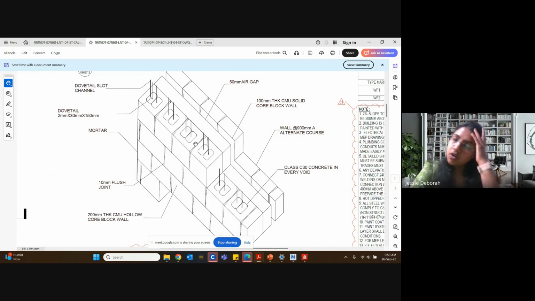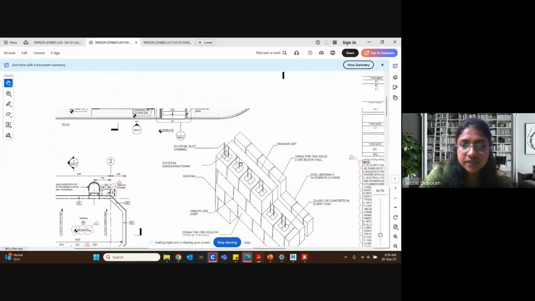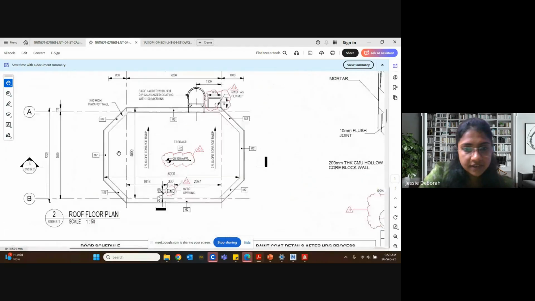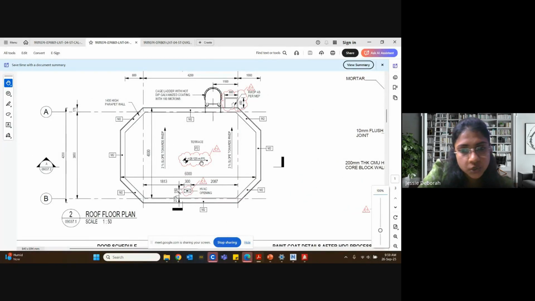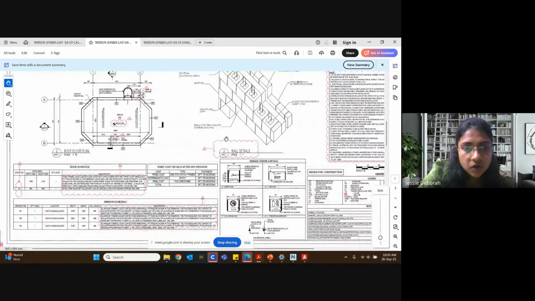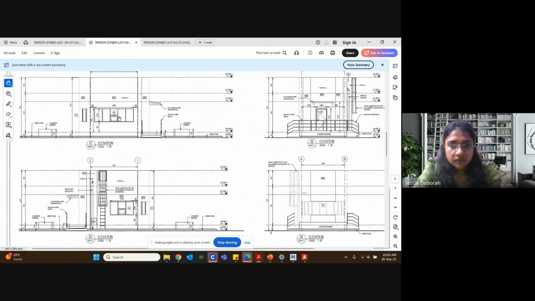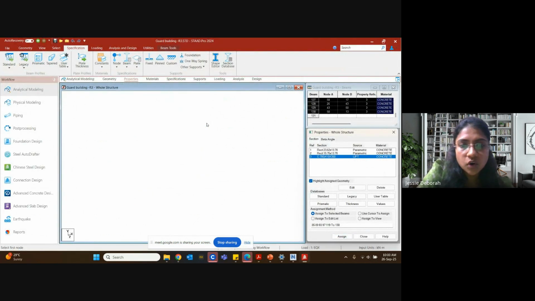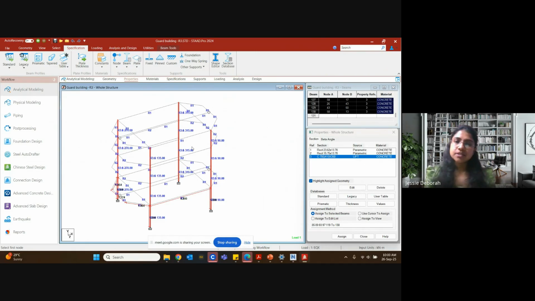We could have actually gone for an RCC wall itself instead of all this, but since we took the decision of going for cast in place, we have to give this kind of rebar here. Then we know the height of the building, and based on levels we will design. Because it's a very small structure, we have not considered wall openings, and because it is going to be a cast in place structure, we are going to have only block works in between. So we are not going to get into all that detail.